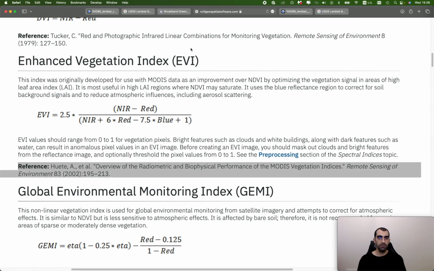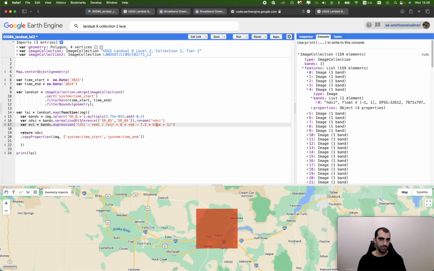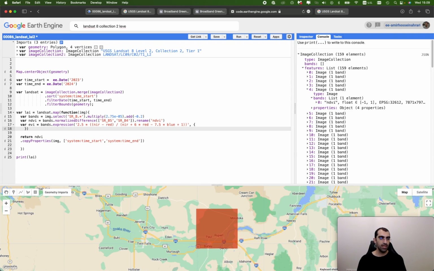And if you go back to the reference, you can see there is a coefficient that is multiplied to the whole of the division process. 2.5 multiplied to all sides, left or right. And here I'm putting all the division into a single parenthesis and then typing 2.5 multiplied to the whole of the division process. So the equation is written, and now